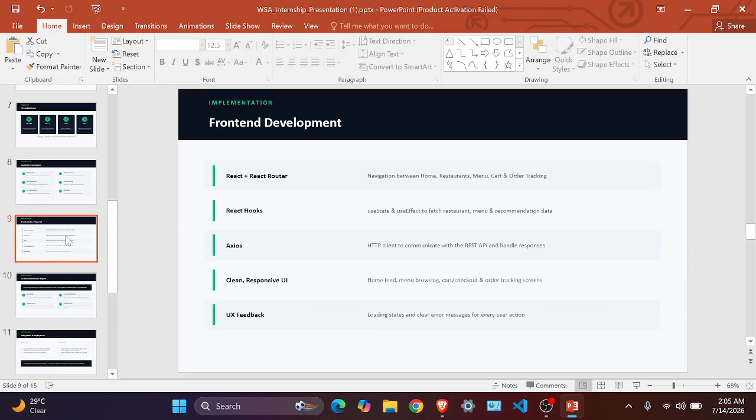Implementation, front-end. On the front-end side, I built the user interface using React, along with React Router for navigation between pages like home, restaurant listing, menu, cart, and order tracking. I used React hooks like useState and useEffect to manage component state and to fetch restaurant, menu, and recommendation data from the backend